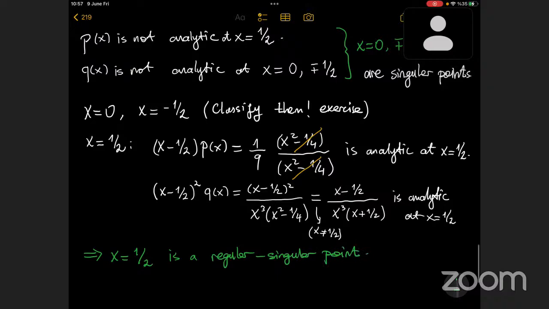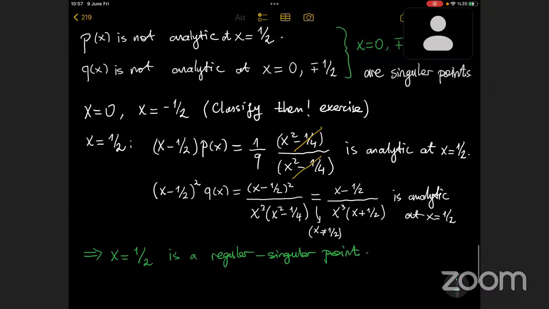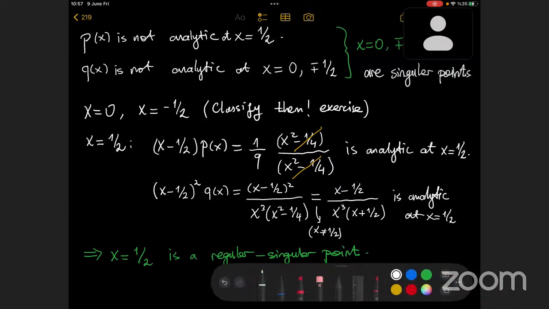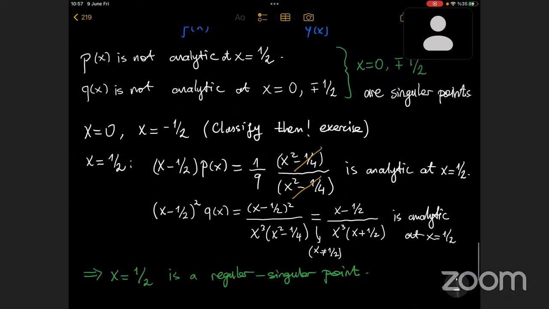Regular singular point. Hocam bana biraz karışık geliyor. Mesela sadeleştirmeyi yaparken x eşittir 1 bölü 2 olmasın diyoruz, ama sonrasında da x 1 bölü 2'de analitik oluyor. Evet. Ya burada aslında x 1 bölü 2 olmadığı zaman buna eşit, ama 1 bölü 2 iken de